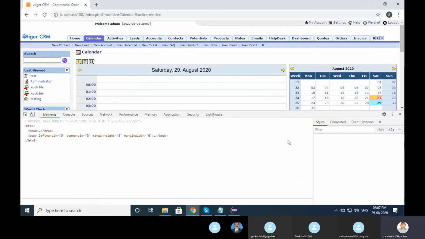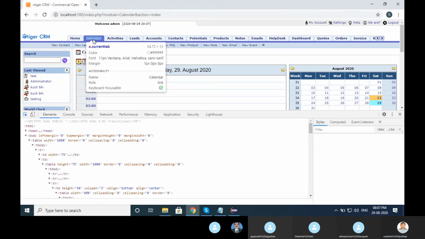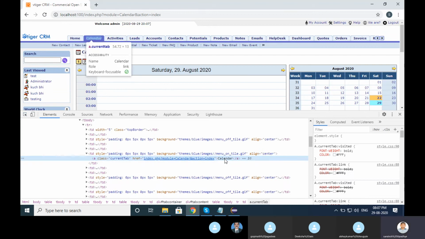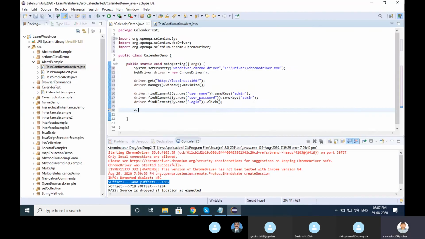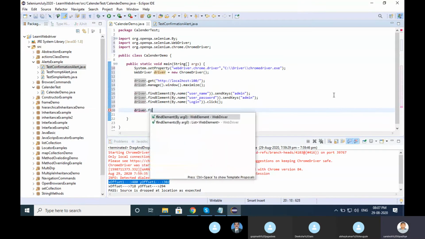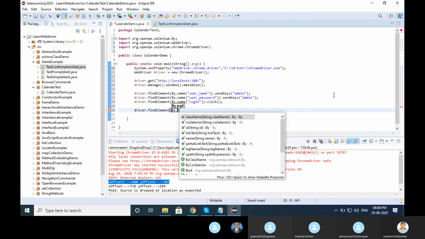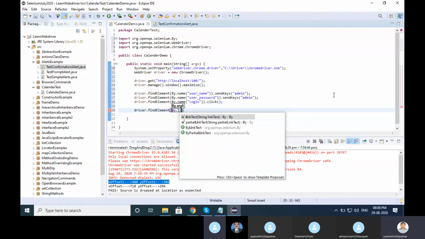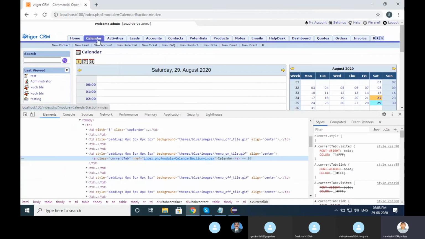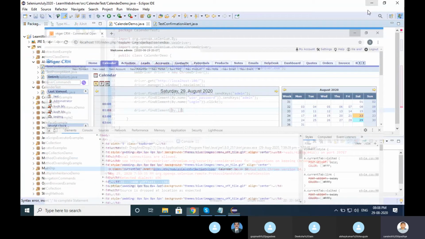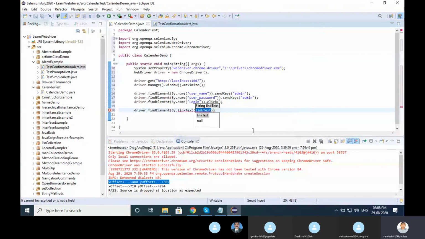Let me inspect. Calendar. Find element by what, which locator do I want to take here, Sonam? I want to click on this link, so which locator should I pass here? Link text, right? Correct.